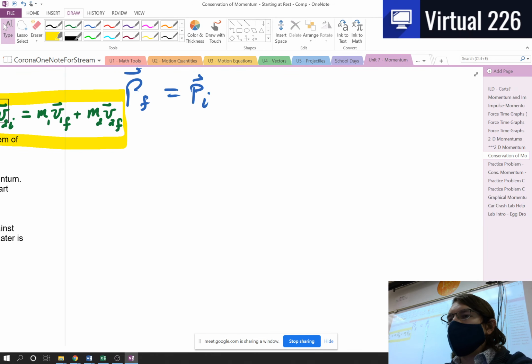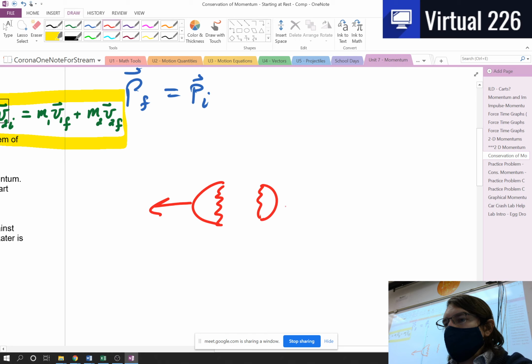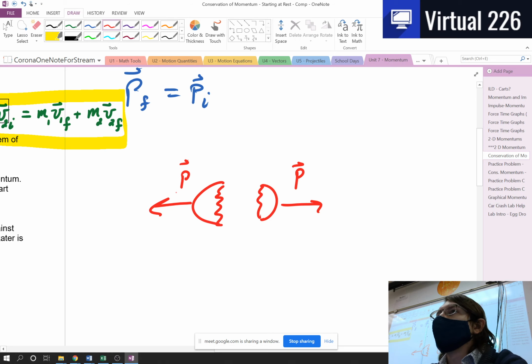Well, remember, velocity is a vector and momentum is a vector. So if you have a piece of the bowling ball going this way and a piece of the bowling ball going this way, their momentums can be equal and opposite, such that if we added these momentum vectors together, they would have to add up to whatever momentum we had in the beginning. And if that bowling ball is at rest, they'd add up to 0. Okay? So that's what we're going to start looking at here for our first conservation of momentum, separating systems.